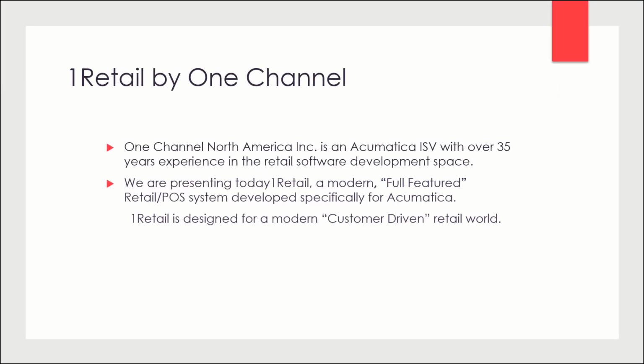Today we are going to be doing a demonstration of 1Retail point of sale, a product that we've built specifically for Acumatica. It is a full-featured retail point of sale system built by us to address the current and future needs of modern retail businesses. Essentially the move to customer-driven retail and the move from omni-channel to something called unified commerce are the motivators for